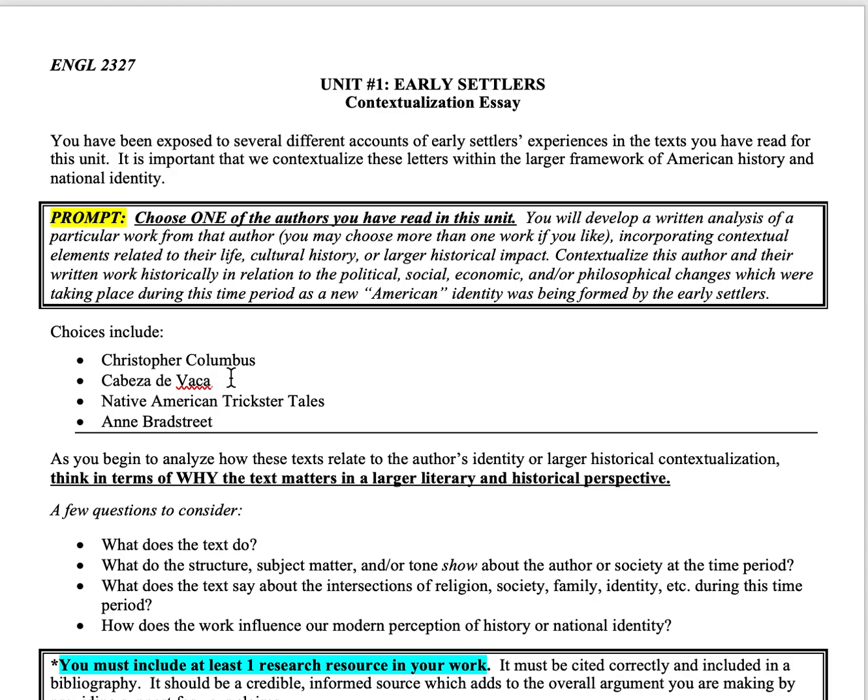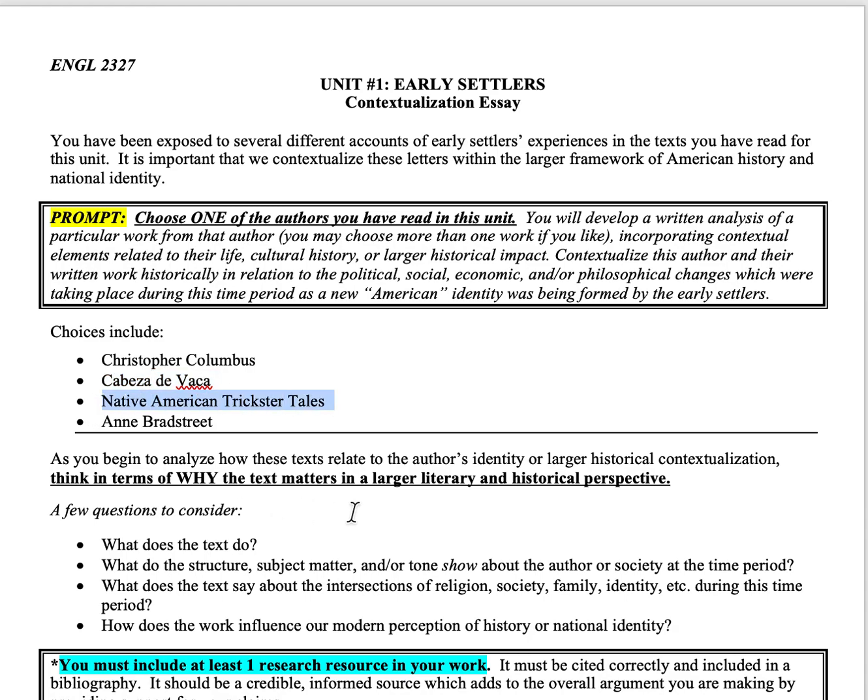An argument would be something like Columbus's letters give us a view into early relations with the Native Americans. They also create a tone of self-service and something like they create the idea of the other with the Native Americans. All of these would be arguments that are very narrow and focused for a thesis statement. For De Vaca, it could be something that's the opposite, where he's talking about the treatment of the Native Americans as equals and peoples and as human beings. That could be your argument, that why that's important that we have that view.